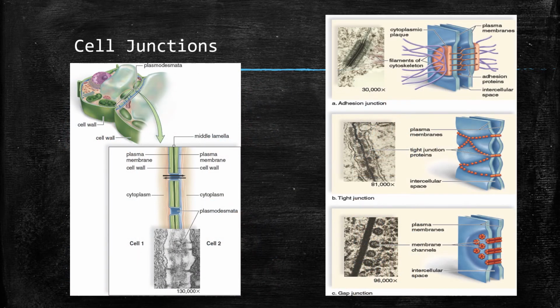So let's talk for a brief moment about cell junctions. And what I mean by that is places where the plasma membrane of adjacent cells interact. To start with, let's look at our example in plant cells, which is on the left side of your screen. Plant cells have what we call plasmodesmata, and plasmodesmata are essentially channels between two cells that are lined with plasma